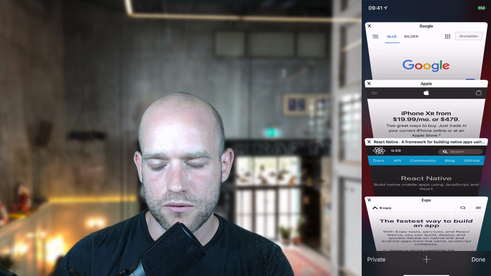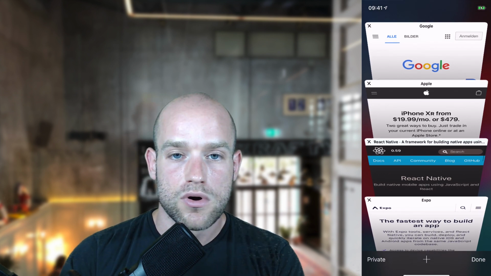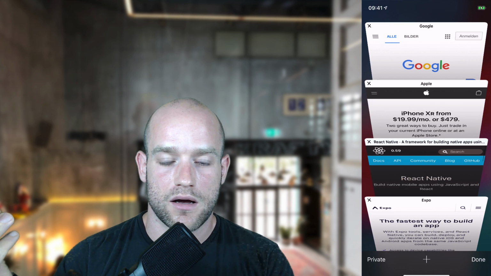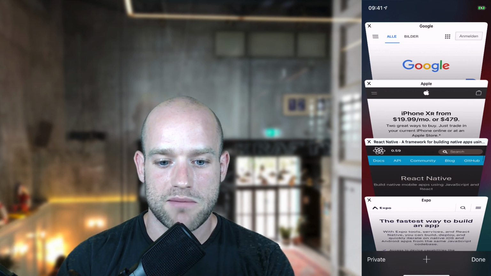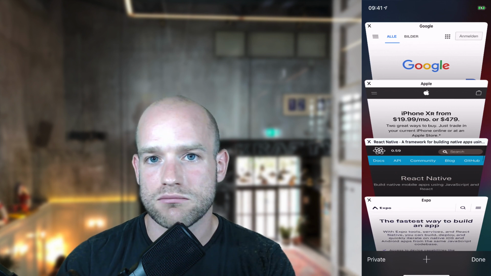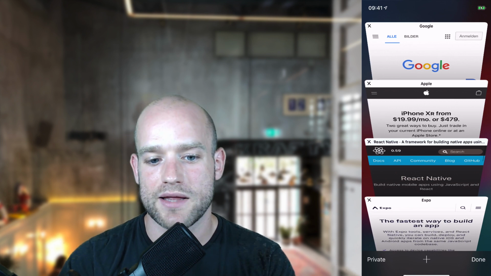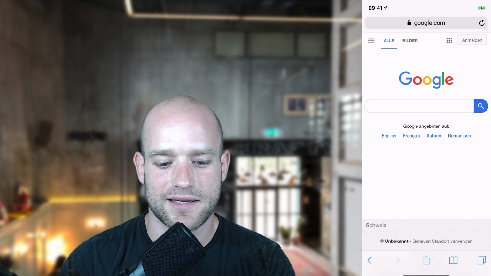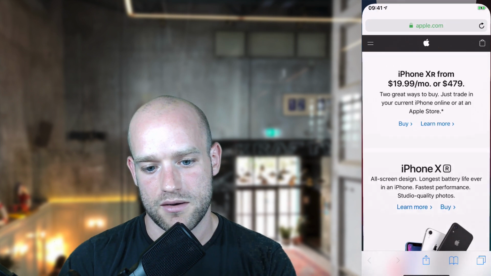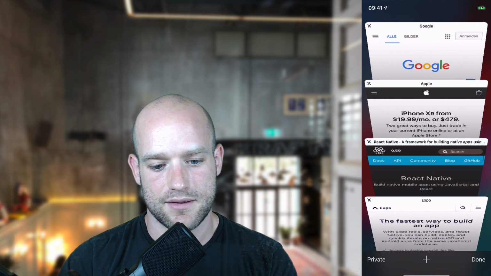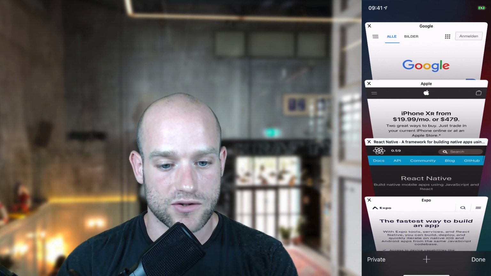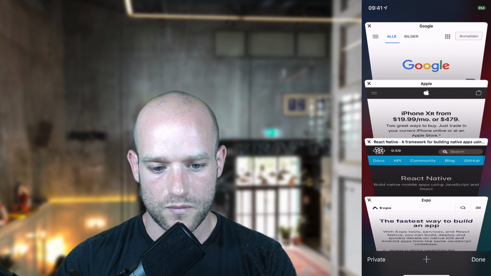So how would we do this in React Native? We have this view, which has a state, which is the state of the selected tab. So let's say here maybe the selected tab is all, so it would be -1, and then we would have the index of the selected tab. Here would be 0. Here the state would be 1, and here the state, let's say, would be -1. So we have a state to define the